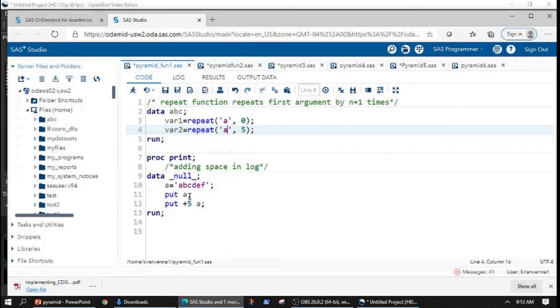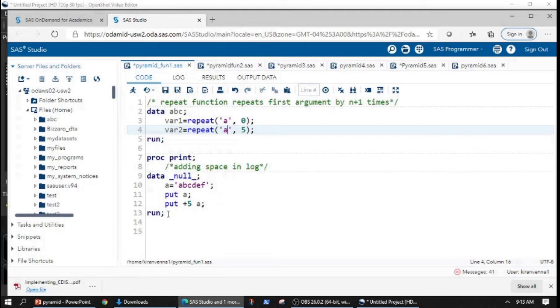When I say put A, this is going to put this value into the log. And in the next line, I have put +5 A. This +5 is known as a column pointer, and what it does is put A, B, C, D, E, F after 5 columns.